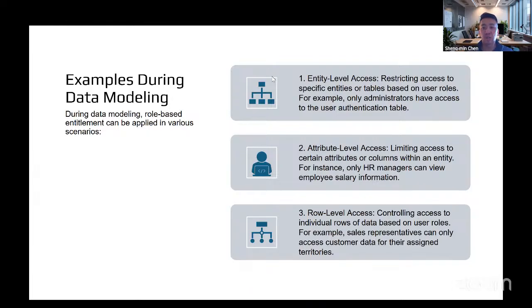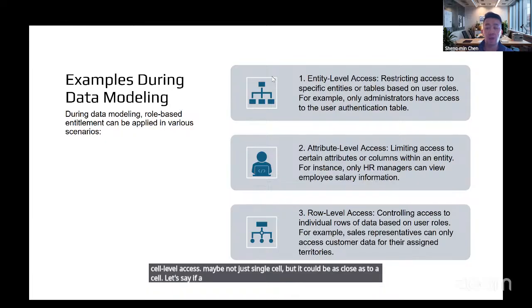Maybe not just a single cell, but it could be as close as to a cell. Let's say if a table just has one attribute, right? Because